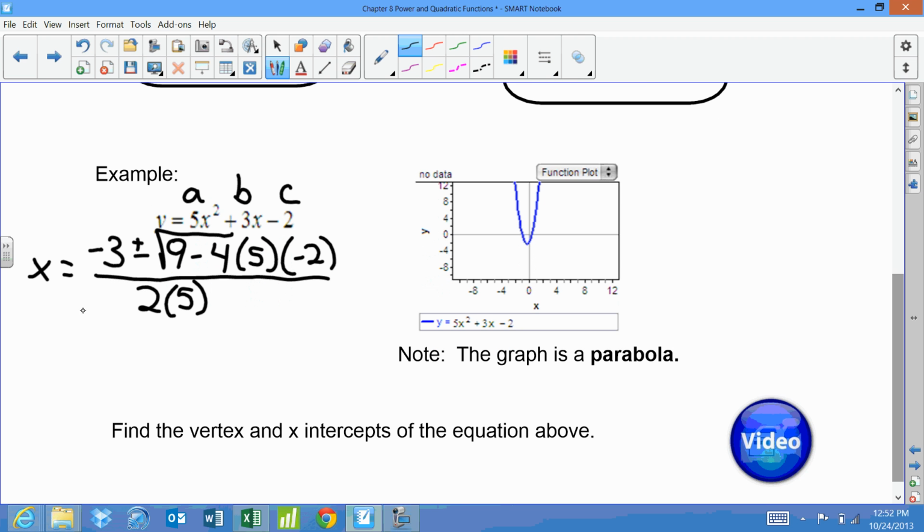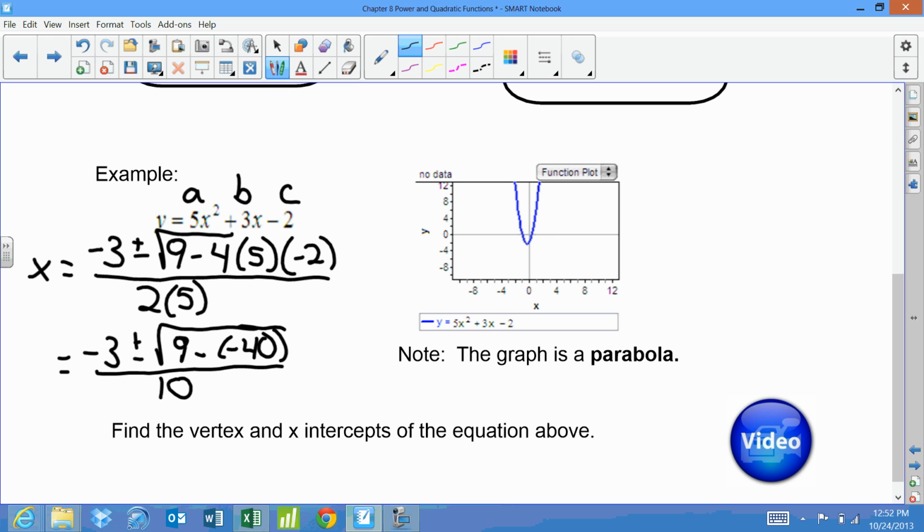Now let's go ahead and start breaking things down. So we've got negative 3 plus or minus the square root. We've got 4 times 5 times negative 2, which will give us 5 times negative 2 is negative 10, times 4 would be negative 40. So we've got 9 minus a negative 40, and divide that all by 5 times 2 or 10. Okay, 9 minus negative 40 is the same as 9 plus 40. So we've got negative 3 plus or minus the square root of 49